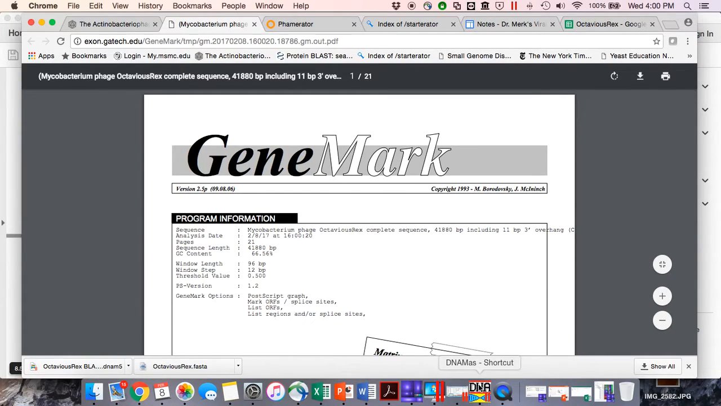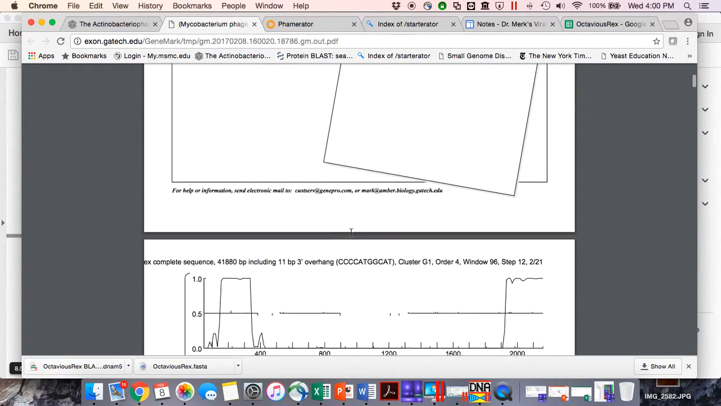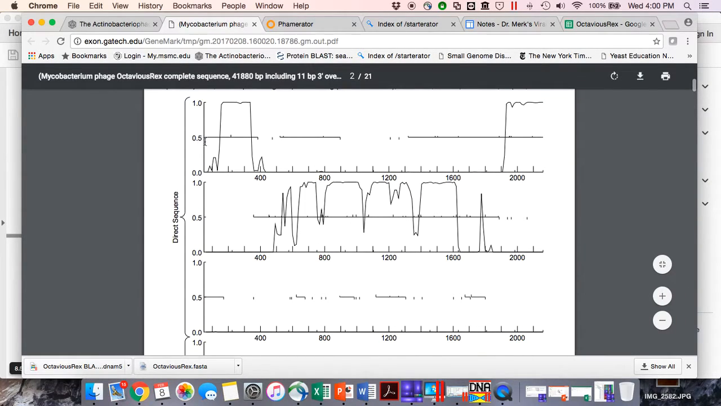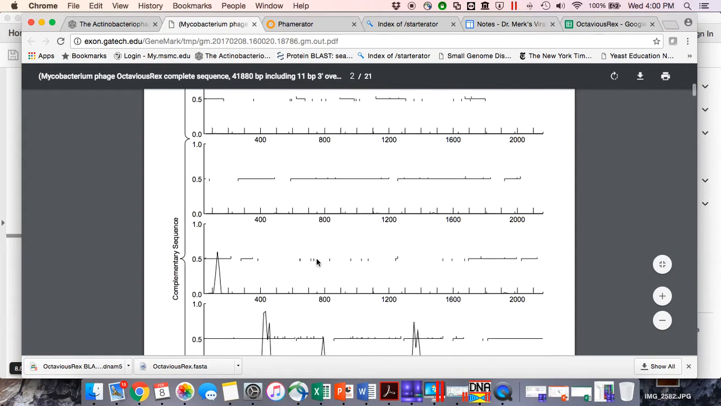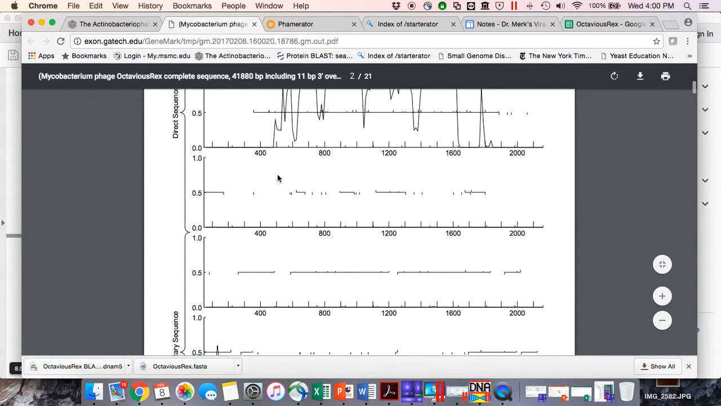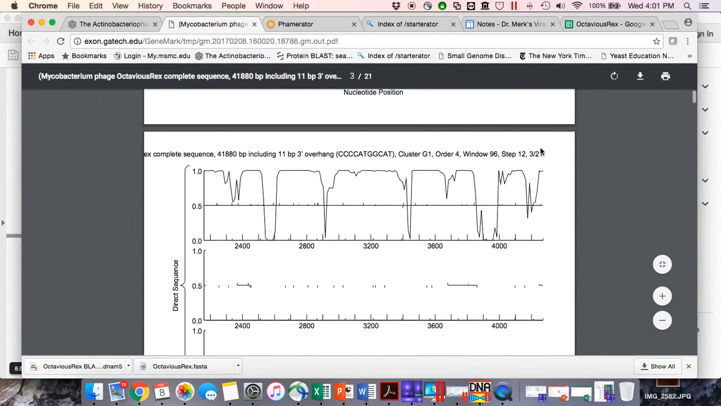If we want to determine if there is coding potential, we're going to scroll down, and for each of these pages there are 6 reading frames: 1, 2, 3, 4, 5, and 6. Below each of these will be the nucleotide position. You can see that this page goes from 0, each of these hash marks is 100, from 0 to a little after 2100. And then it picks up on the next page,